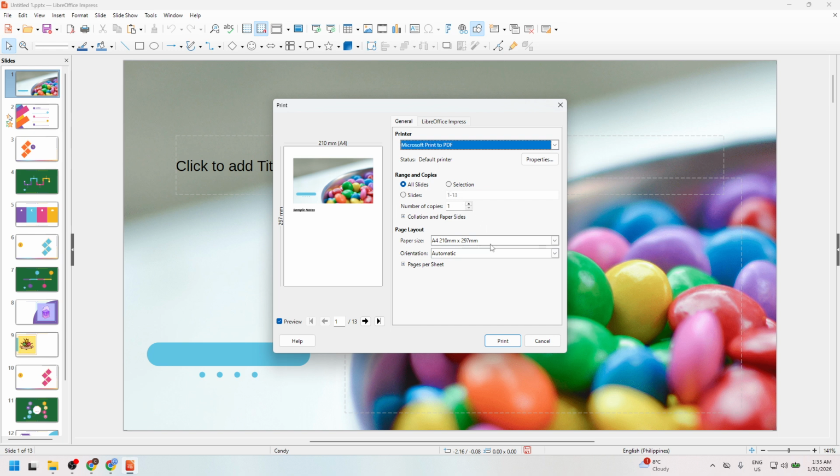When everything looks right, click OK or Print to send the job to your printer. Depending on the number of slides, it may take a moment. If your printer supports a preview, give it a quick glance to confirm the notes appear under each slide and